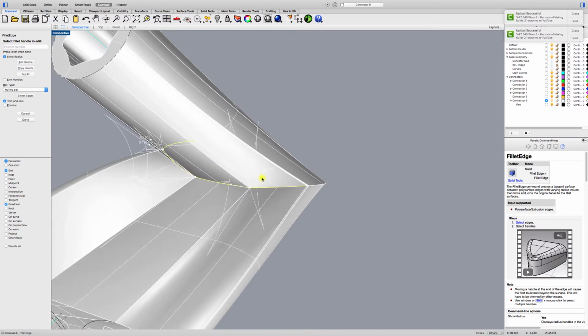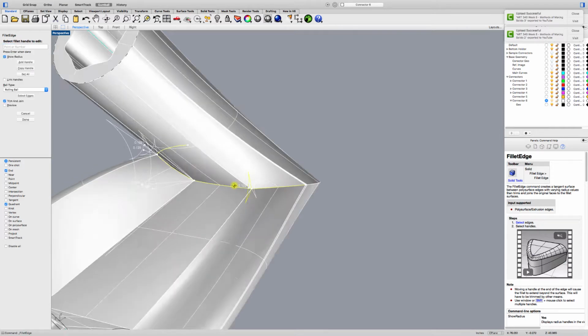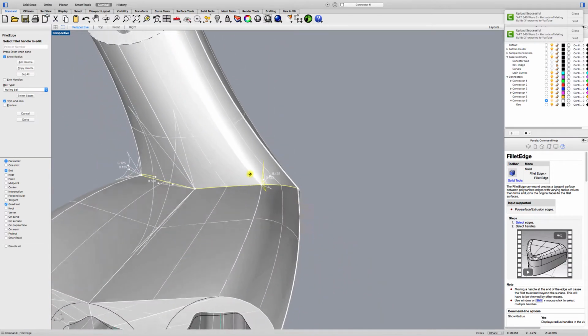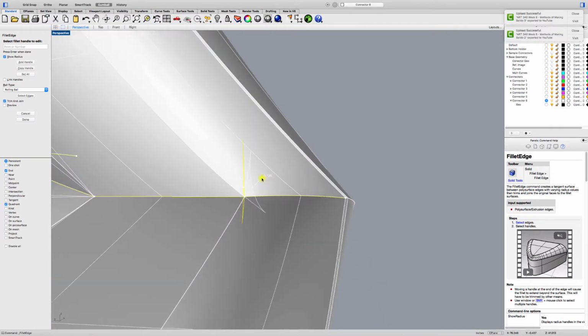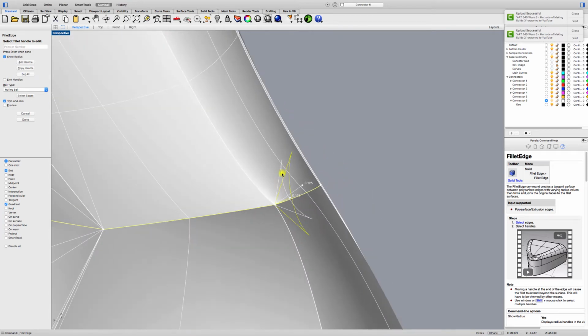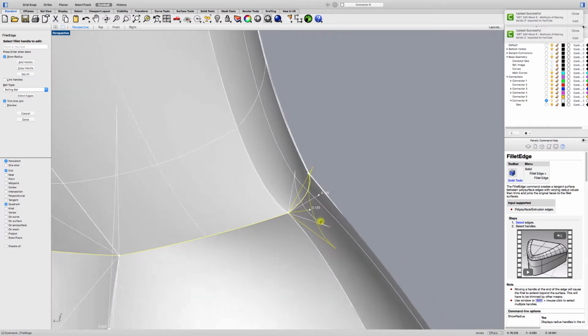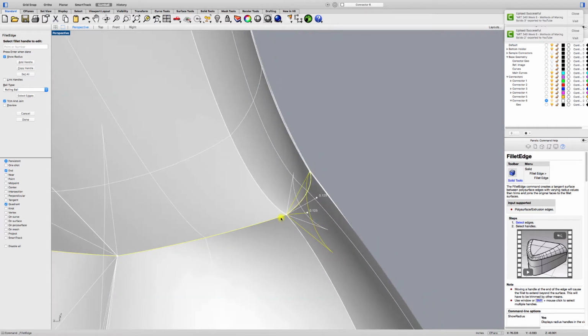0. 0.125. And this is going to be 0.125. And you know what? I think I'm going to make that even smaller. You see how this is a representation of that curve? I think it might not do much. Let's try it. Let's see what happens. I'm going to hit enter, and